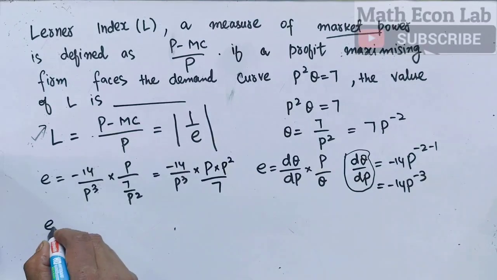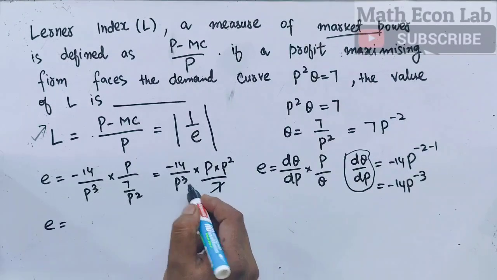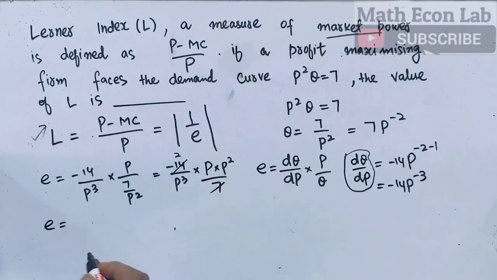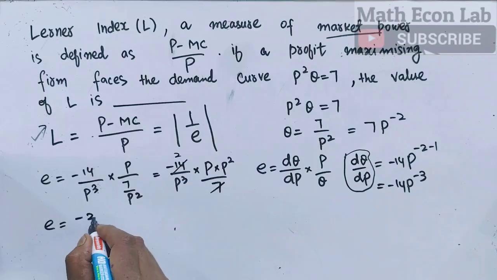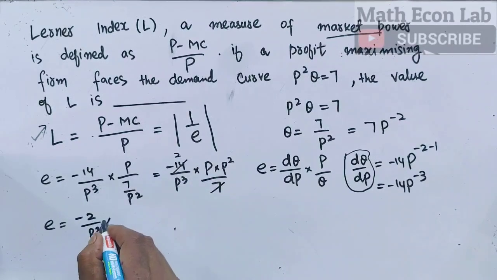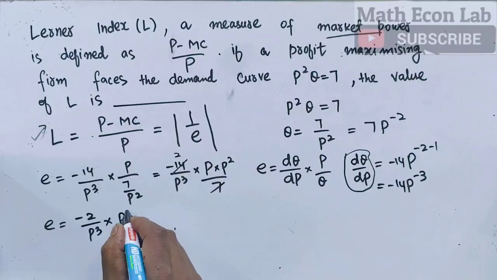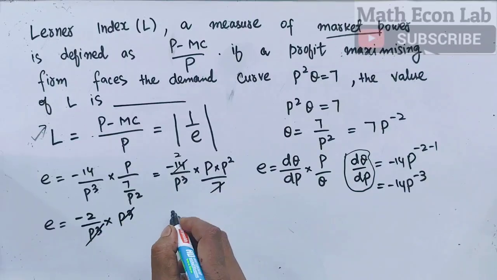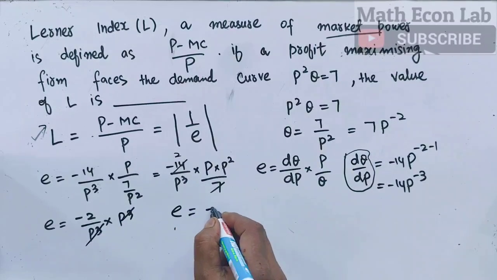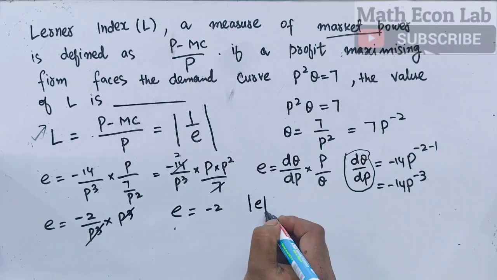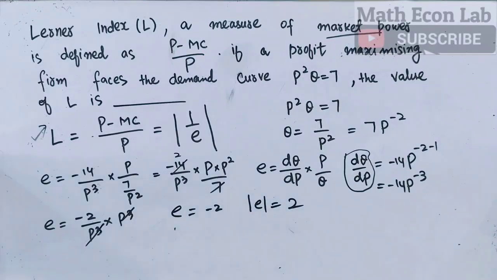So we will get elasticity is equal to 7 ones are 7, twos are 14, so we get minus 2 divided by p cube into p square is p cube. This gets cancelled, so elasticity of demand is minus 2, absolute value of elasticity of demand is 2. Okay, having said that,